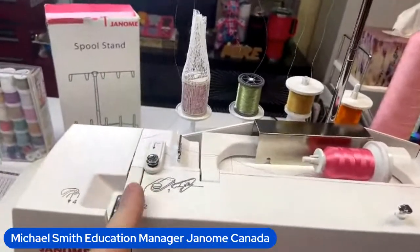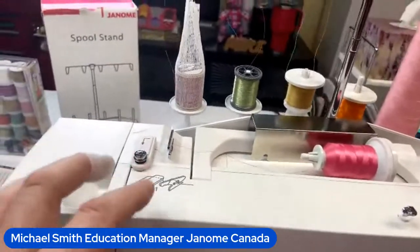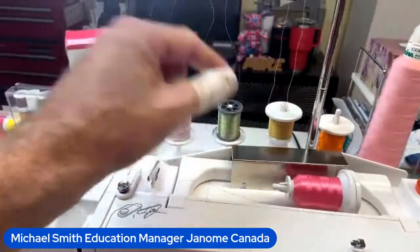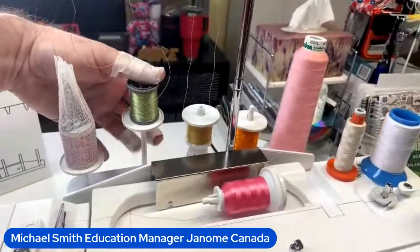Also, turn your machine down, slow the machine down, even turn it into quiet mode to slow it down when you're using these more finicky threads, metallic threads in particular, or again, this mylar. Now you'll see the way I have here, all the spool stands come with the big